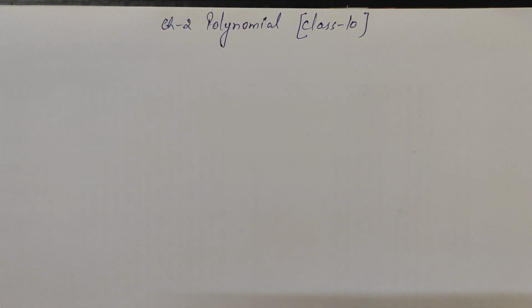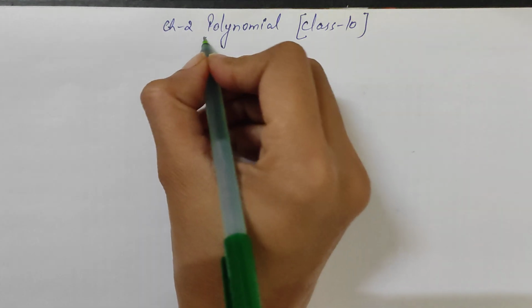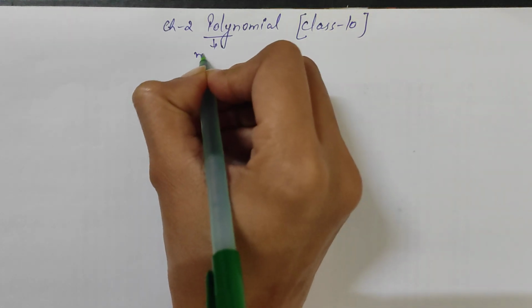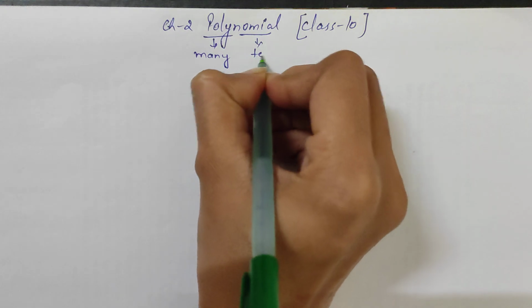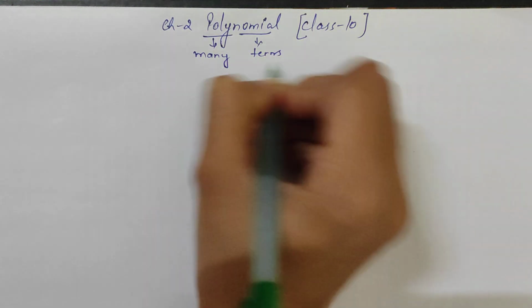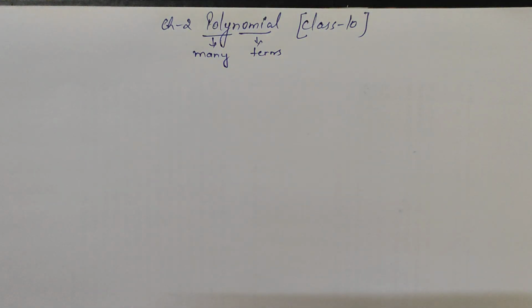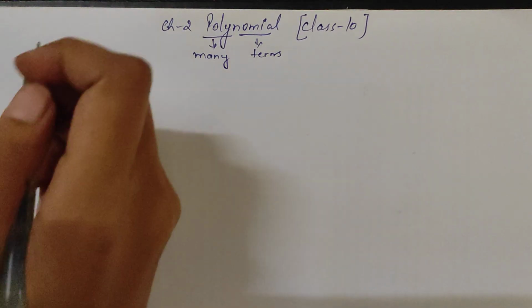Now what is the meaning of the chapter name, polynomial? Poly means many and nomial means terms. That means you are going to deal with many terms. An algebraic expression which is written in the form of